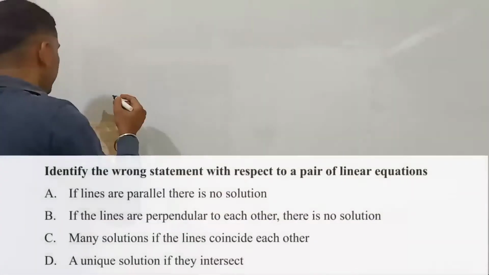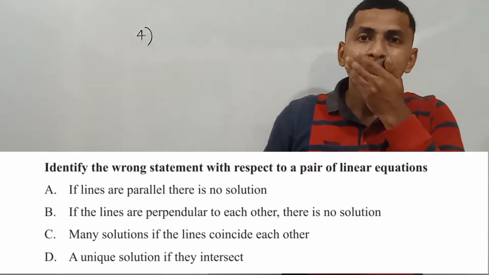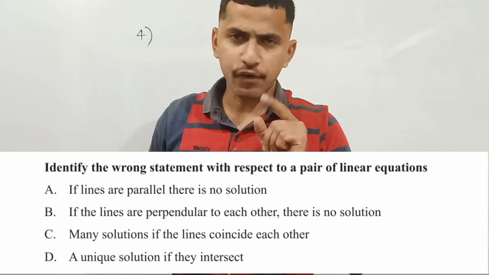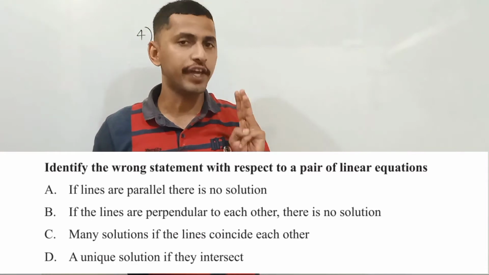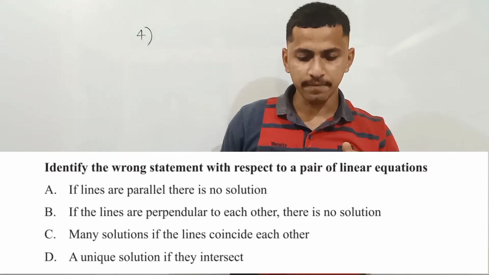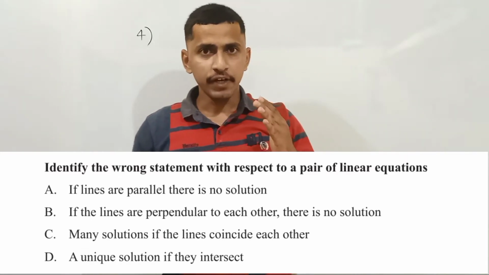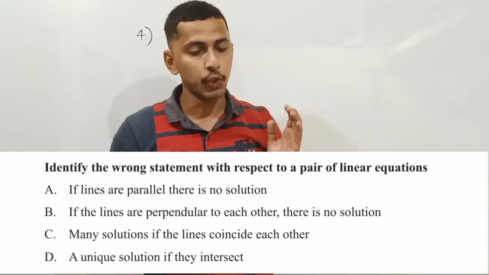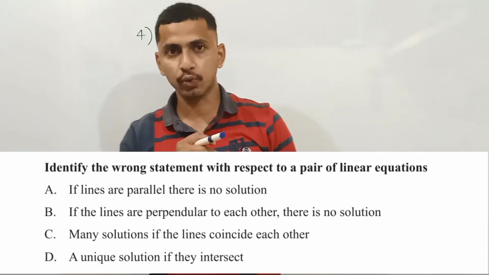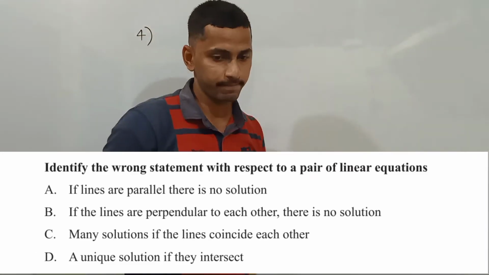Now let us go to the fourth one. The fourth question says identify the wrong statement. Here there is nothing to solve. In the first question, I have discussed three conditions about linear equations. These three conditions are very important. Here in question number 4, we are given 4 options. If you carefully observe my first question where I discussed the 3 conditions, you can easily answer this one. Please go through the first question where I discussed some basics and you can answer this question. Now let us go to the fifth one.